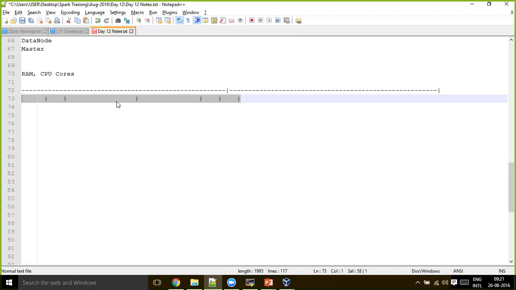Overall, the number of blocks equals the number of input splits. Here you have two blocks, so you will have two input splits. But the record boundaries, up to the end of the line, are always included in an input split, which is not guaranteed in blocks.